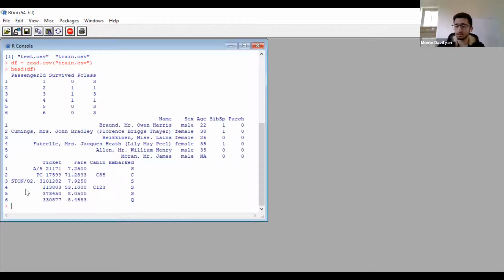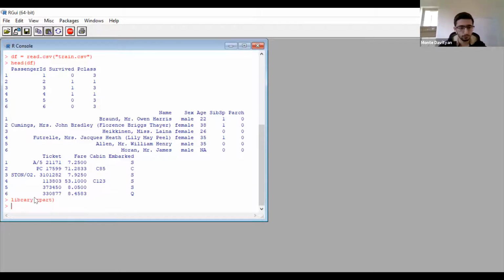Now we're going to use a library. This should be installed in R automatically. You don't have to download it, but the library is called rpart, and you put that in parentheses with library. And then what we're going to do is fit, or you can call this whatever you want,